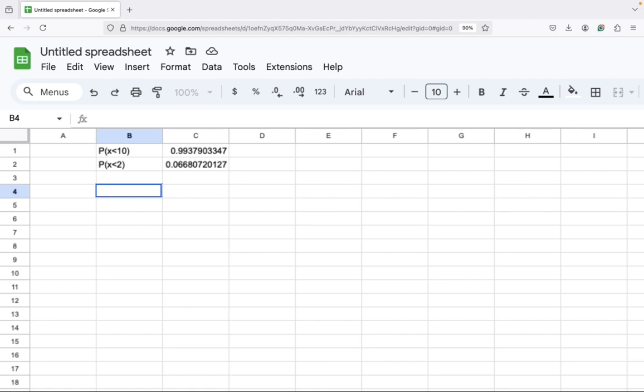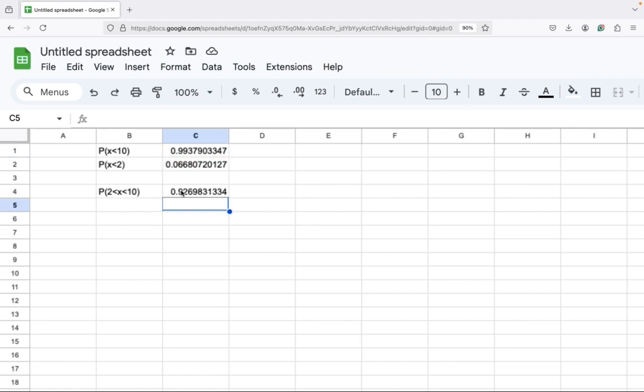Now the last thing we're going to do, we're going to subtract. Once I subtract those values, I'm going to get the area between 2 and 10. Here on the left, I'm just keeping track of what I'm doing. Here I can go ahead and type in equal, and I can say take the area below 10. I'm going to go ahead and click on the cell. Then I'm going to enter a subtraction sign, and then I'm going to click on the second cell, which is the area to the left of x equal to 2. You can also do this on a calculator, right? You can subtract these 2 values on a calculator. I'm just showing you how to do it on Google Sheet. Let's go ahead and click enter.